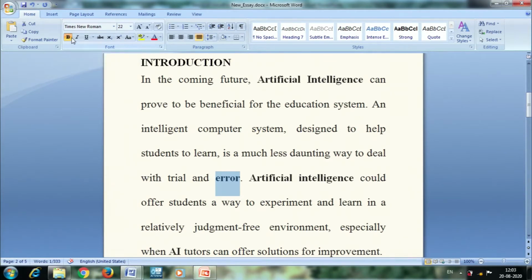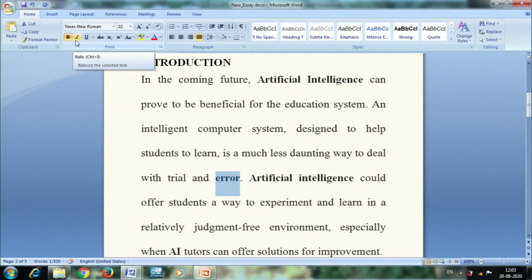Here it shows bold, and it also displayed the shortcut key, the control key plus B key. If you press both these keys together, then you can make your content bold. It also gave me the information to make the selected text bold. So you can get an idea what the purpose of this icon was.